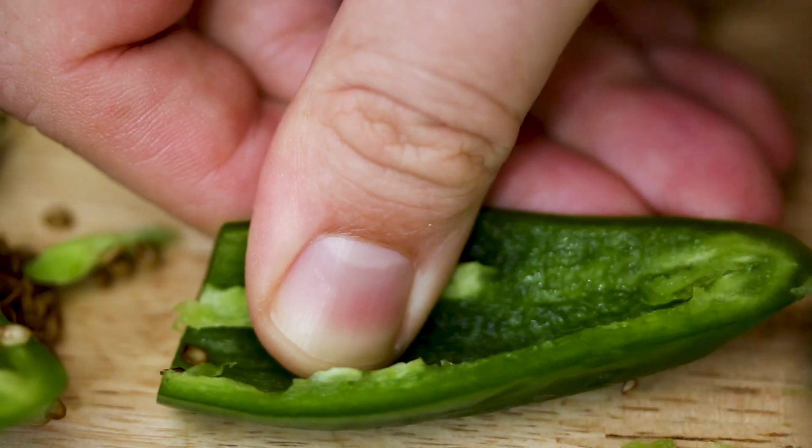Here's a little pro tip for you. The heat in chili peppers is not really in the seeds. It's in that pith, that membrane that holds the seeds in place, is where all of that heat is. So if you remove the seeds, but you don't remove the pith, it's gonna be just as hot. It won't really matter. So go ahead and remove that if you want the salsa to be a little bit